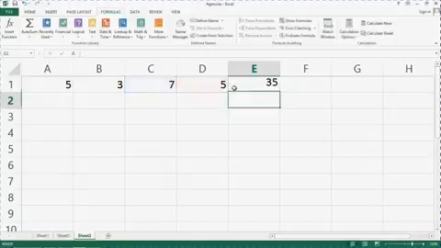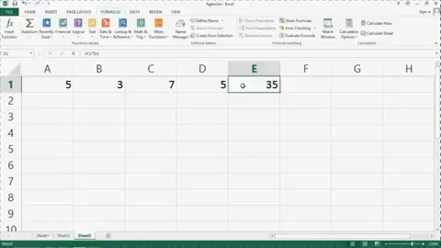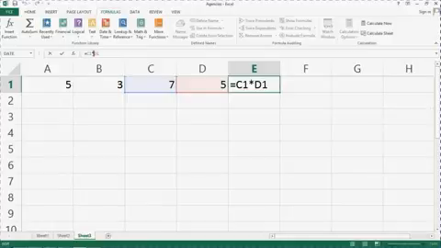Hit return, and it gives me an answer of 35. Just go back to that. Now I could type out the formula here again, but I'll just go up here. Okay, and I'll use the division operator, so I'll just get rid of the asterisk there and put in a forward slash, hit return,